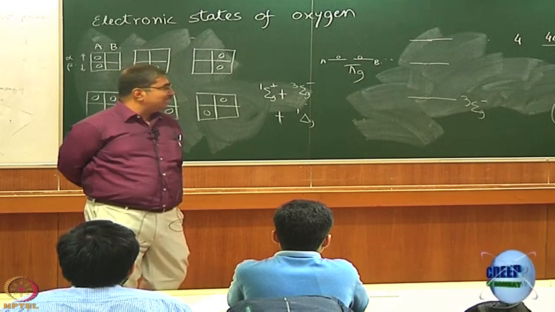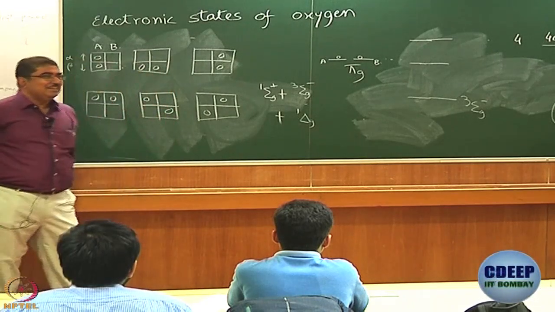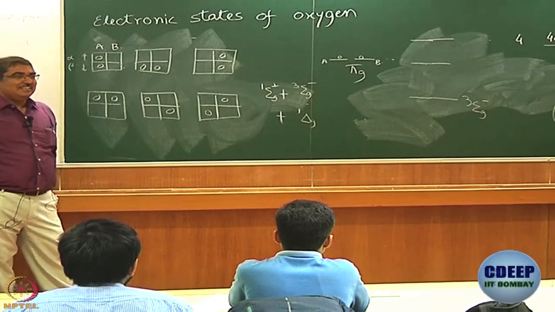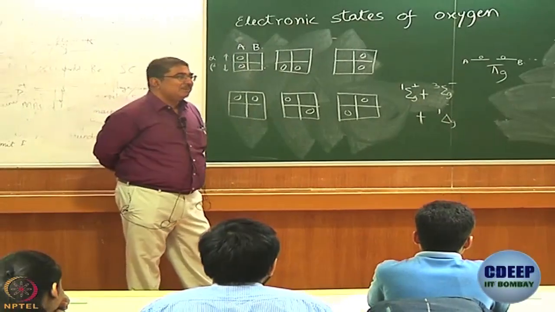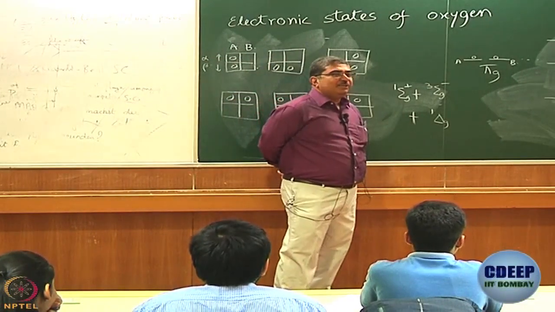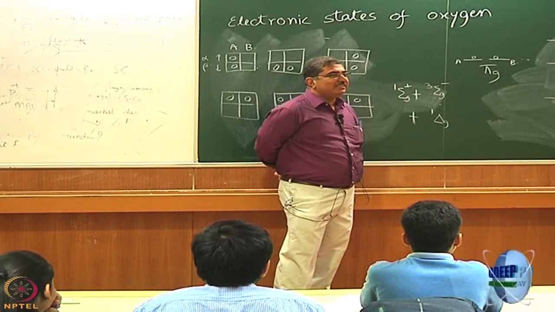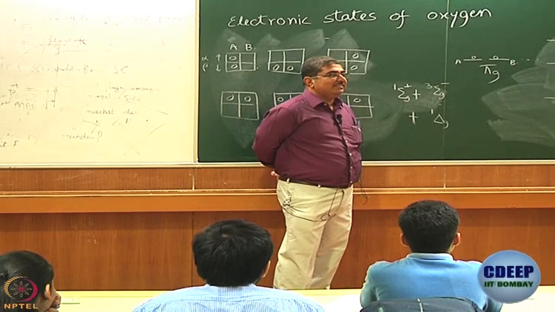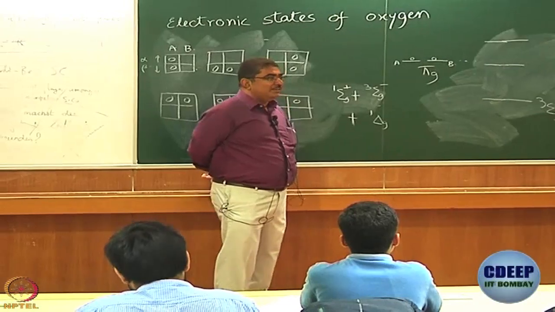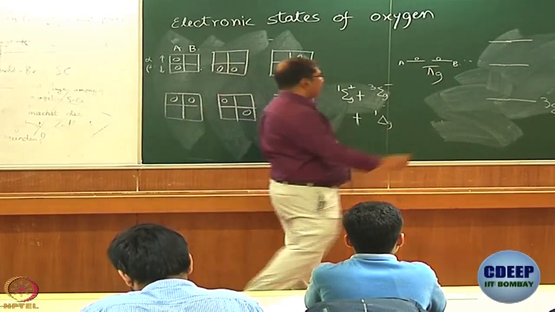Okay, half the people say sigma G plus, half the people say delta G. Half will be right, always. So, if you say sigma G plus, you have to justify why. If you say delta G, you have to justify why. Which one has more degeneracy? So, which one should have lower energy? Delta G. If spin states are the same, usually degenerate ones have lower energy, right.